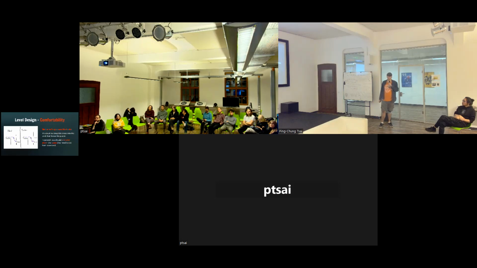And then for comfortability, it's basically similar to forgiveness mechanics. It's about building tolerance into the level. In general, you should give your players space and need to use it, basically. For example, here, you jump down, you want to use your hover to get into this vertical gap, into this horizontal gap, and if it's this tiny, it's kind of hard to hit that. Now, if you increase that size, it's like, oh yeah, you have all this space to trigger your hover ability and just get in there. It just makes it easier to use your movement abilities.